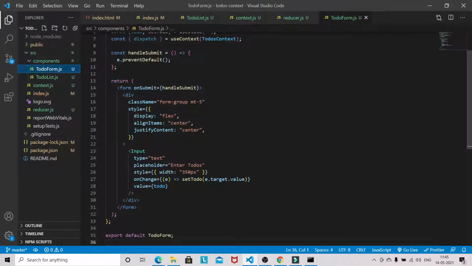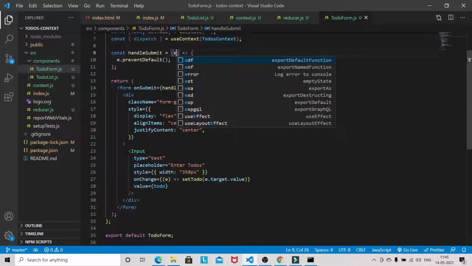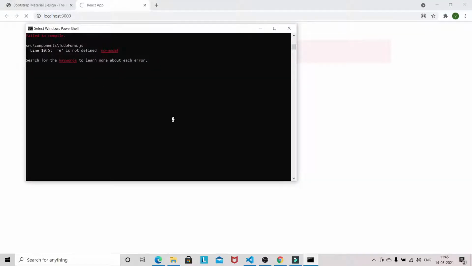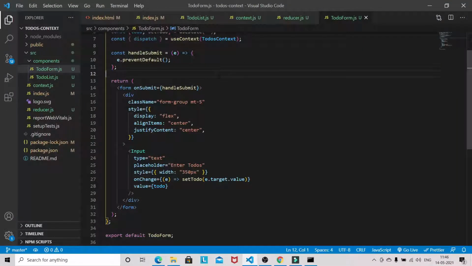Okay, so E is not defined. So we need to provide the E here. Let's see. Again, save this file.